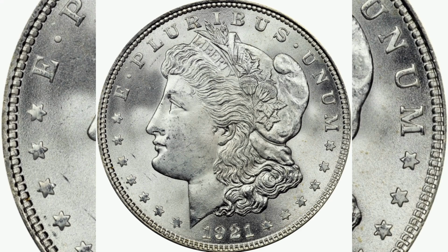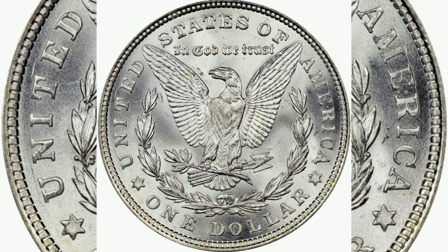And to add even more intrigue, the mint mark on this coin is an enigma in itself, as it appears to have characteristics of both the S for San Francisco and the D for Denver, leading some experts to speculate that a repunched or retooled mintmark die was used, or that this coin was created at a mint facility using reused dies from another branch, something that occasionally happened in times of high demand and tight schedules,